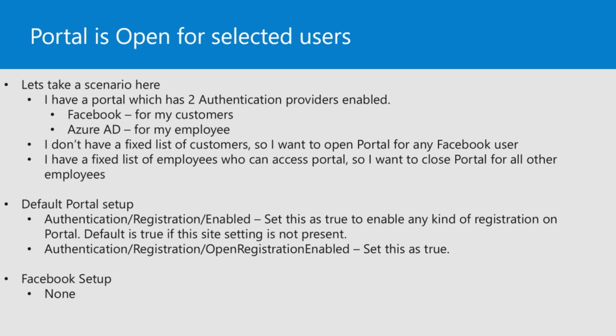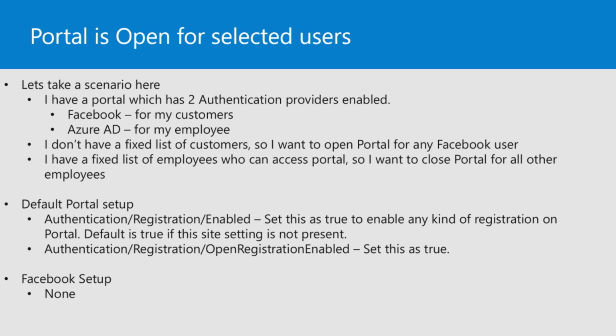This is a portal which people in Microsoft IT were trying to set up. They have a Facebook auth where anyone can come and log in, because apparently all our customers use Facebook a lot these days. So they wanted Facebook as a login. Then they have an Azure AD auth for employees. For customers, it's open for everyone. Anyone who has a Facebook account can come log into the portal. For Azure AD, they only wanted 4 people. They were like, hey, we like you, and you, and the rest don't use our portal. So how do we do that? It's a very interesting scenario on how to achieve it. So we're going to go and see if it works or not.